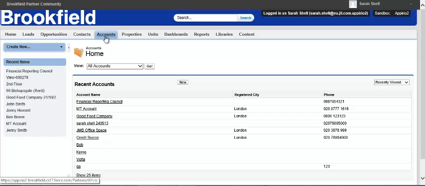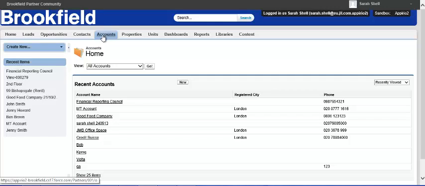Just to explain that in Salesforce, accounts are actual companies that you are dealing with. So they are your existing tenants, for example, Deutsche Bank. They can also be your prospect tenants. So if you have a brand new prospect, then the company of that prospect would be your account. Contacts are various contacts within the account. So every contact will need to have an account linked to the contact, otherwise you won't be able to save your contact. So before setting up a contact, you need to ensure that your account is set up and available